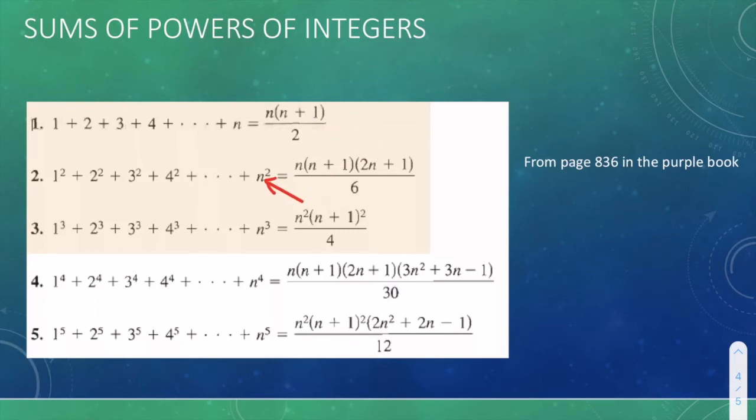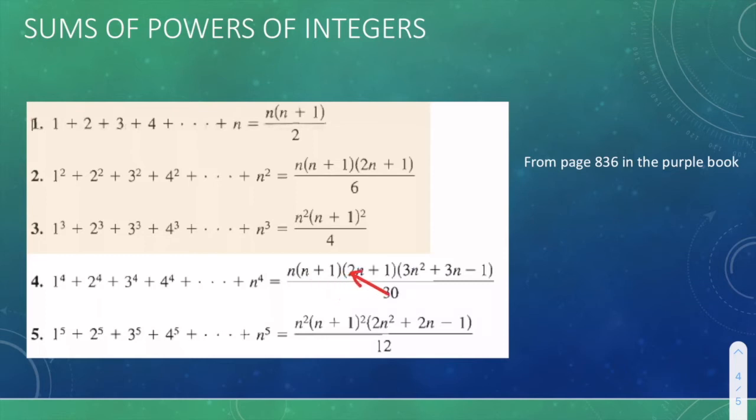So moving right along, if we were talking about squared terms now, and this would be quadratic now, then the sum ends up being n times n plus 1 times 2n plus 1, and all of that divided by 6. If we're doing to the third power, n to the 3, that becomes n squared times n plus 1 squared over 4. And if you wanted to talk about the n to the fourth, now we're talking about n times